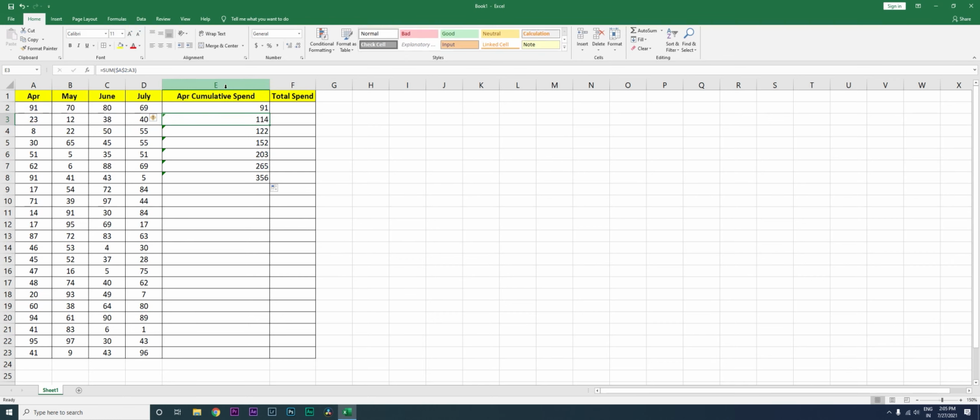If you go to the next cell here, you will see it is A4. So we've now started summing up these values. When I look at the sum of these cells over here, it is 356, and that is what we see here, right? So this is now summing up all the values from A2 to A8. It has frozen the cell A2 here.